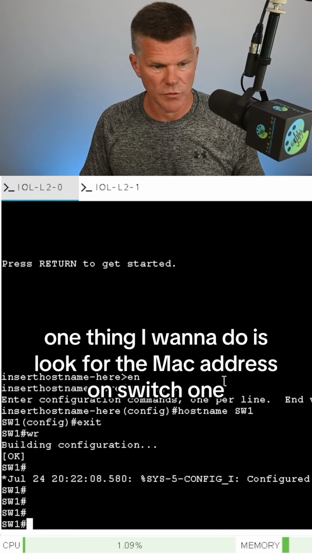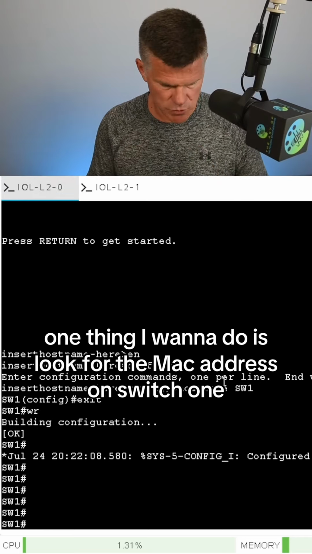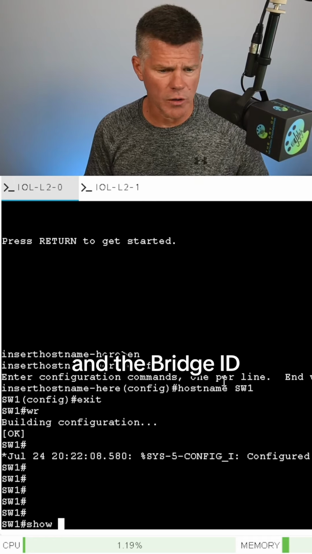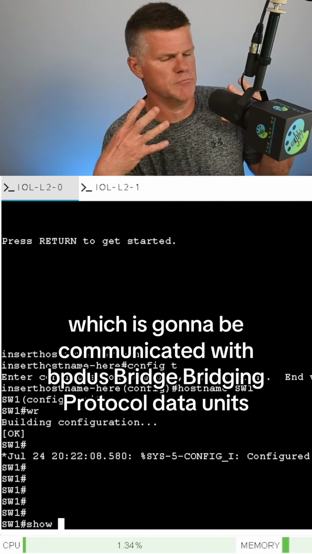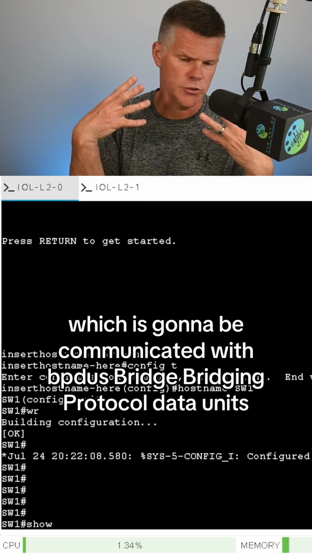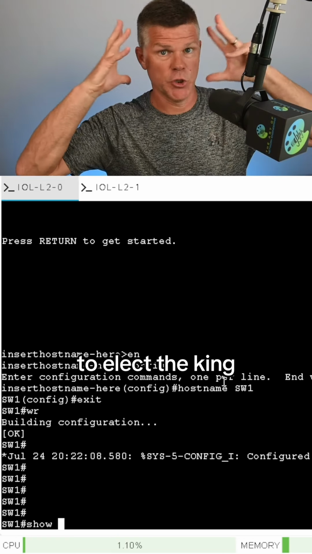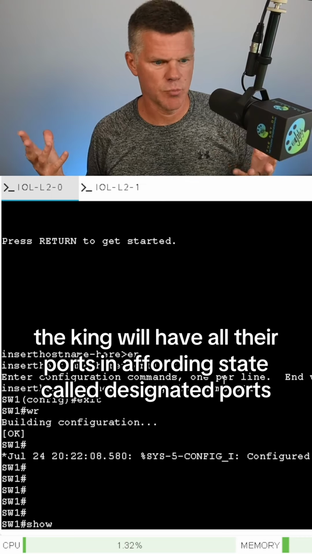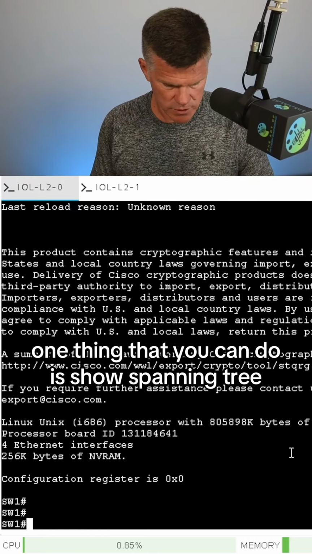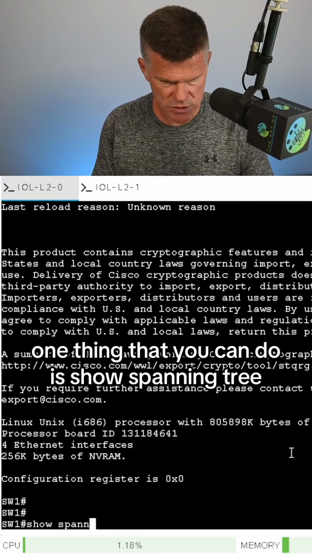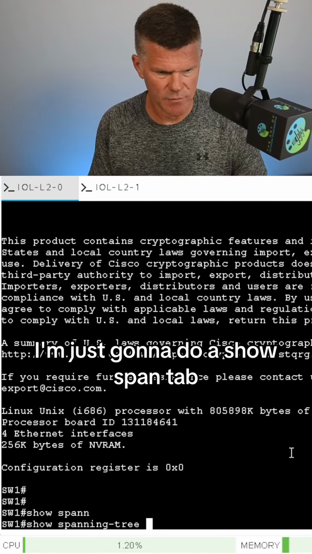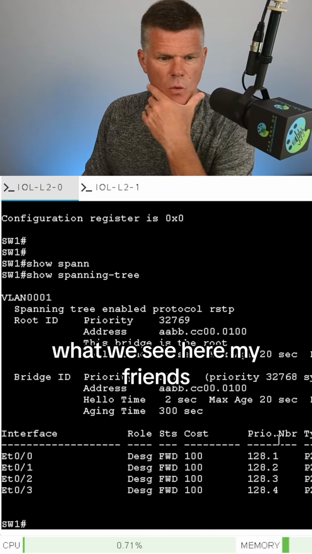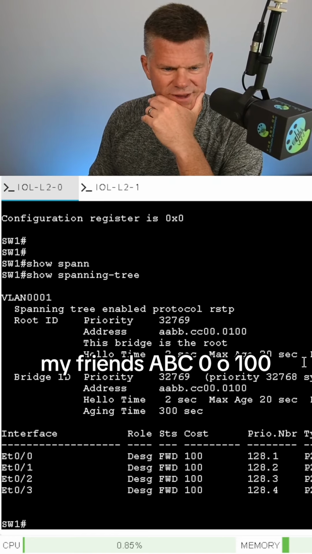One thing I want to do is look for the MAC address on switch 1 because the MAC address is going to be used by Spanning Tree Protocol in the bridge ID, which is going to be communicated with BPDUs, Bridge Protocol Data Units, to communicate with each other to elect the king. The king will have all their ports in a forwarding state called designated ports. One thing that you can do is show spanning tree. I'm just going to do a show span tab. There's an autocomplete, which is super helpful in Cisco IOS. Hit enter. What we see here, my friends,